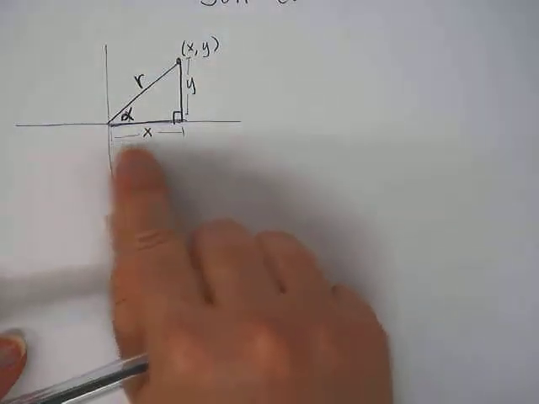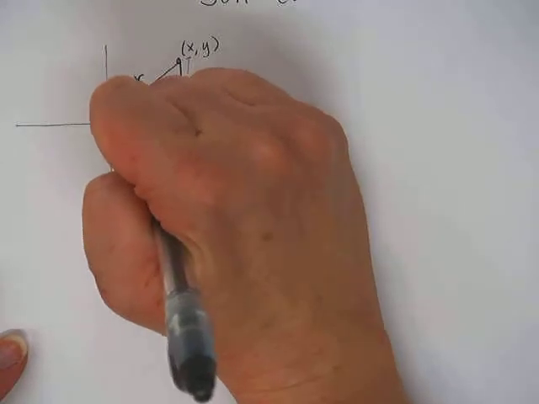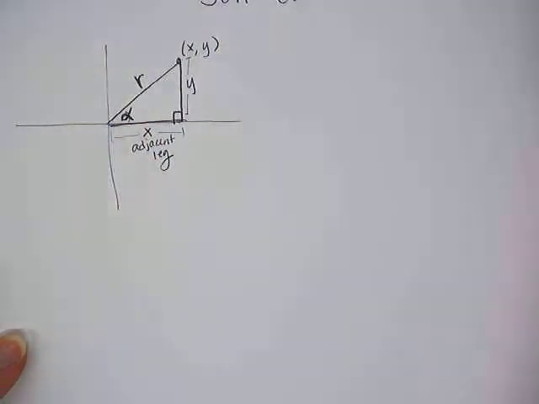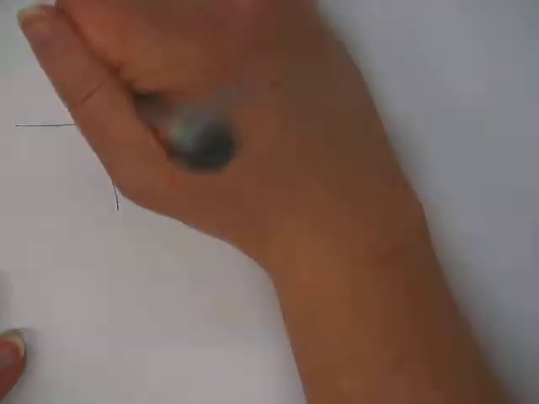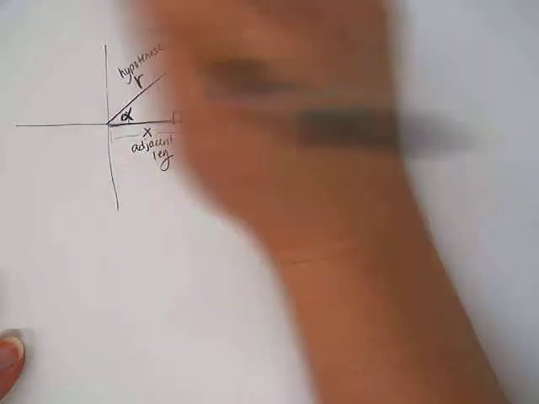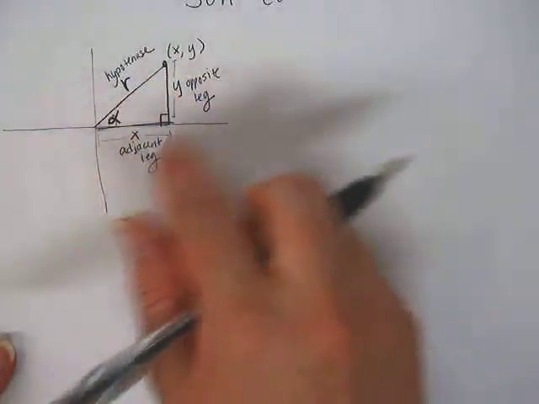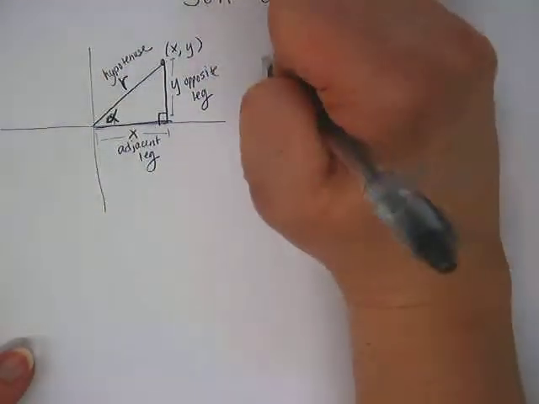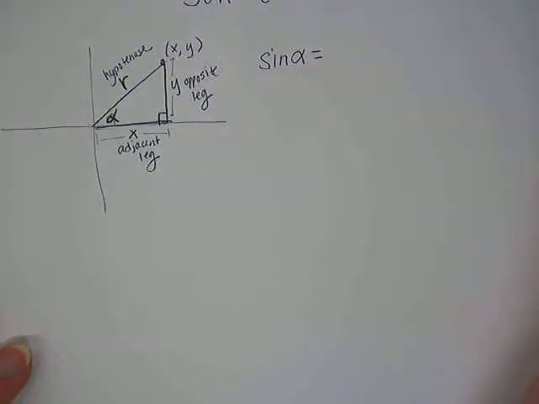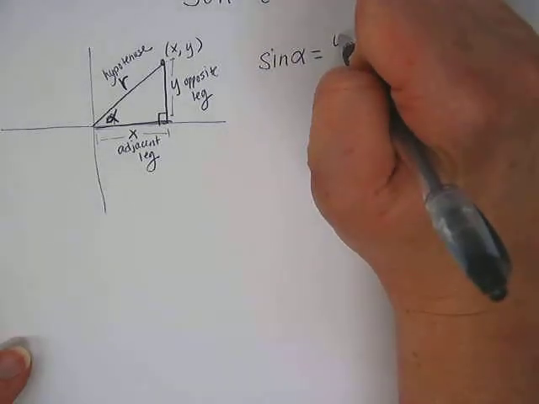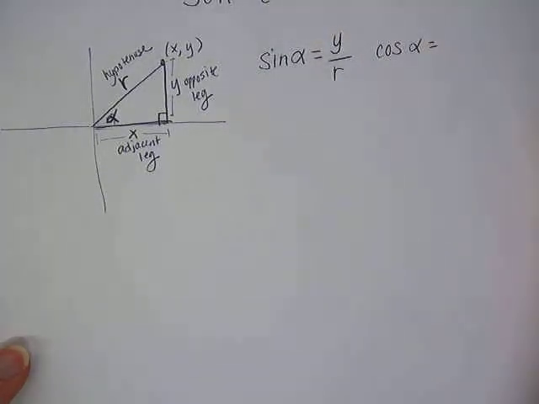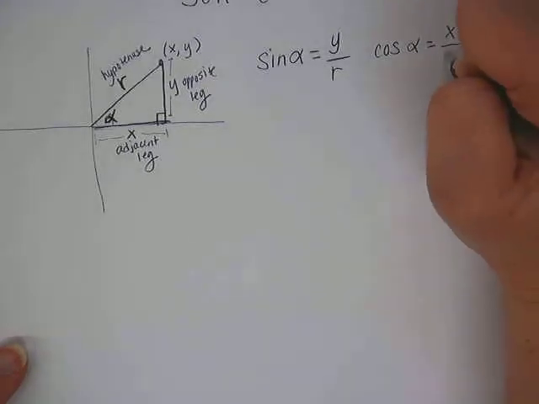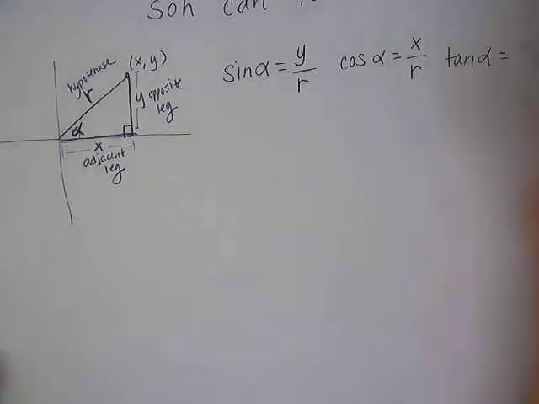Okay, so now if our angle is right here, let's call this alpha. Which side is X? Is it the opposite side or the adjacent side? Good job. So this side would be the adjacent leg. What would Y be? Y would be the opposite leg. And what would R be? R would be the hypotenuse. So that allows us to rewrite all of those things we just talked about. Instead of opposite over hypotenuse, sine alpha would be Y over R. And then cosine would be X over R. Good. And tangent